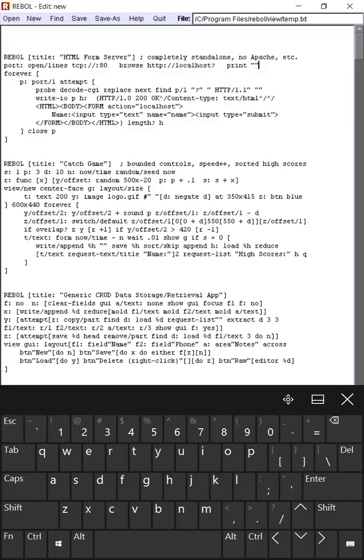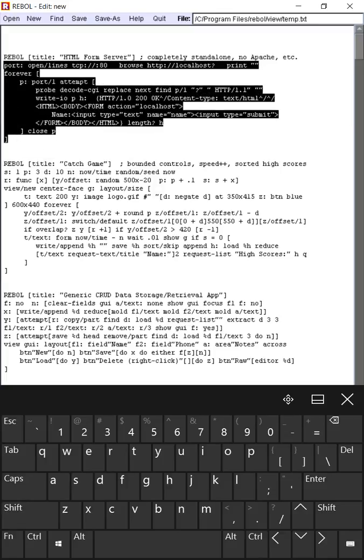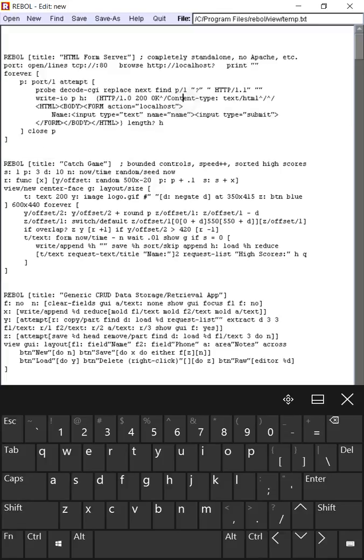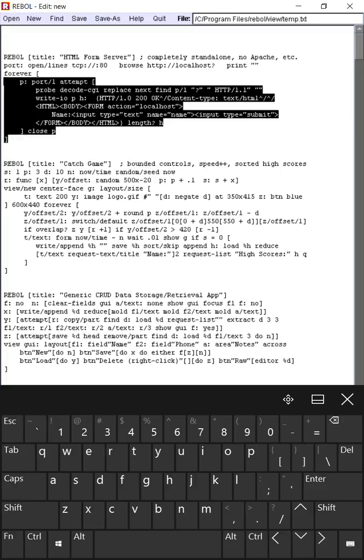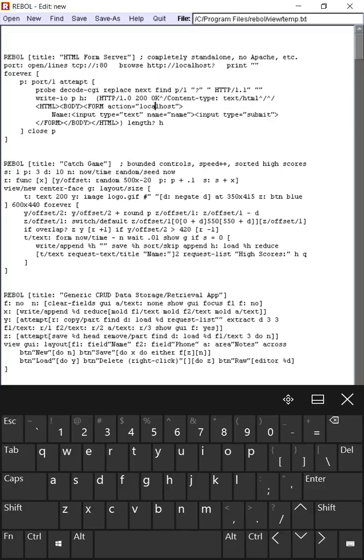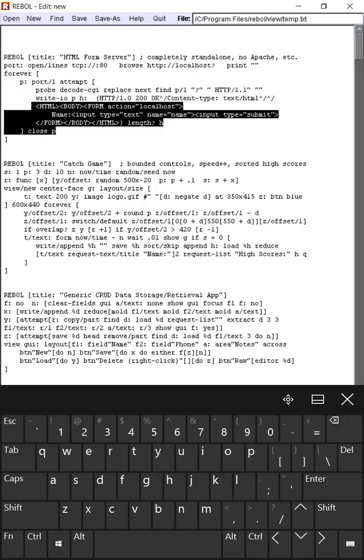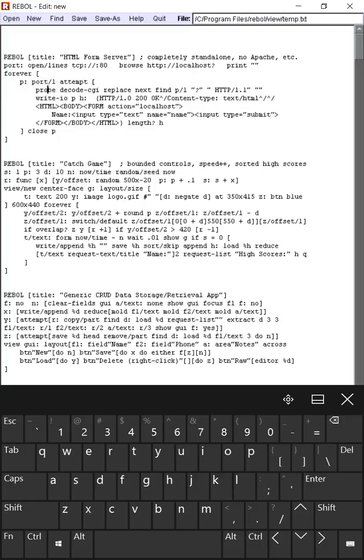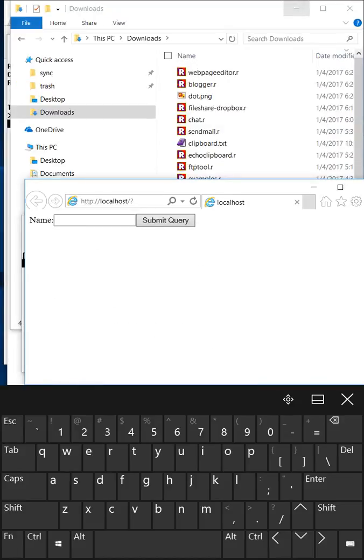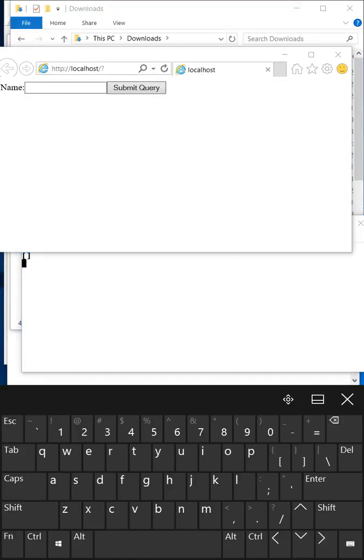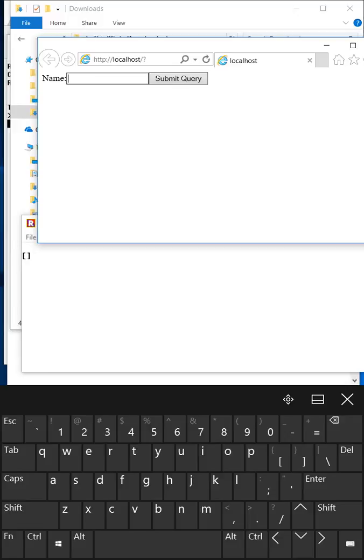Printing a little bit to get some information back, and then we're running a loop to constantly run the server, and you could connect thousands of machines if you wanted to do this and collect information from them. Most of this code is just HTML that's being served, but it is actually printing what's entered into the user interface in the browser. So this is the browser. So if we type some things into the browser,